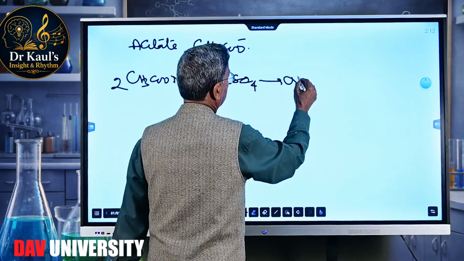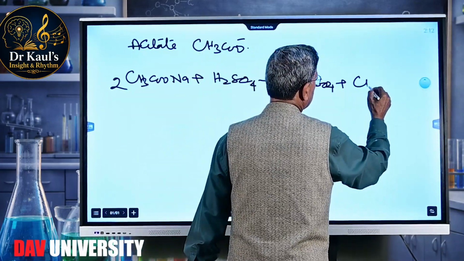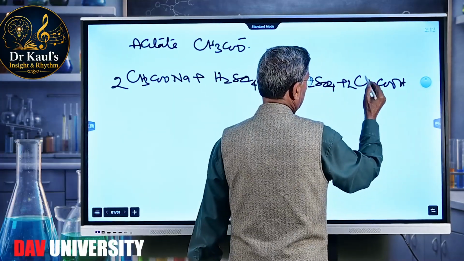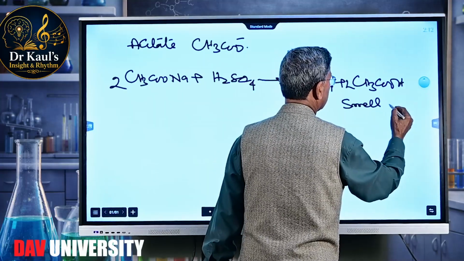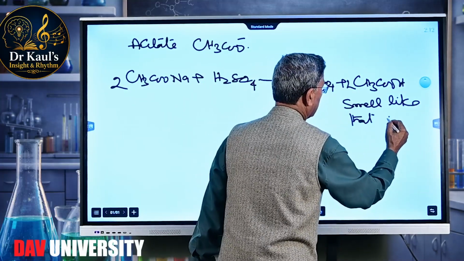We get the formation of sodium sulfate plus CH₃COOH. This is acetic acid, and it has a smell like that of